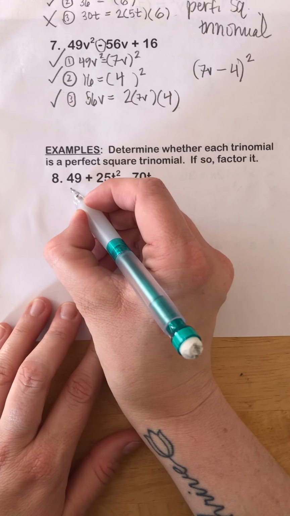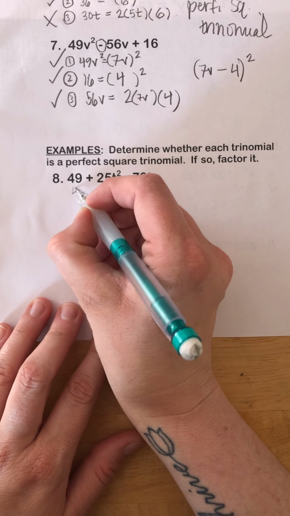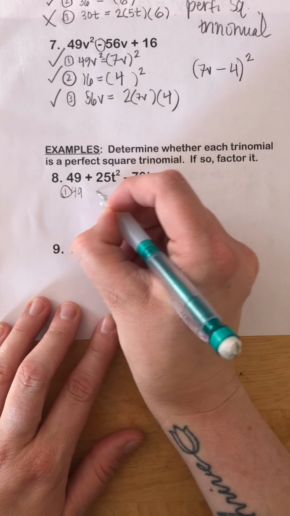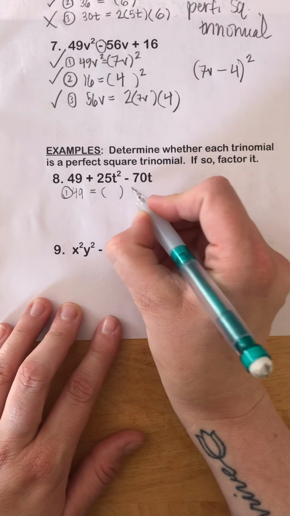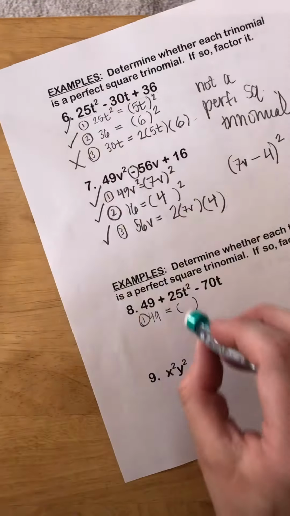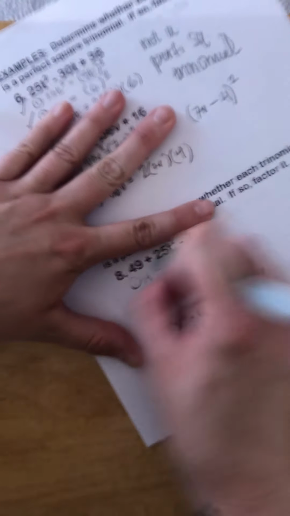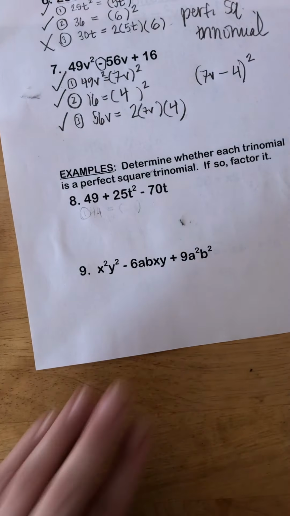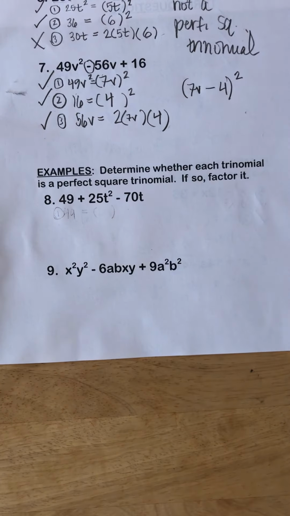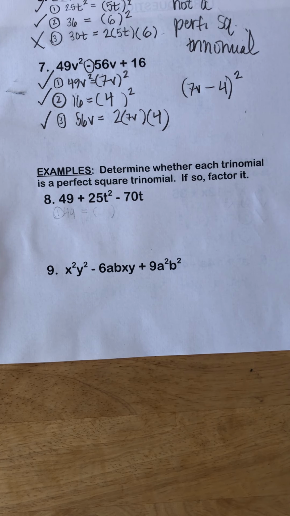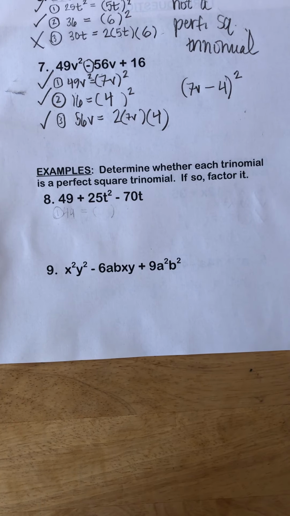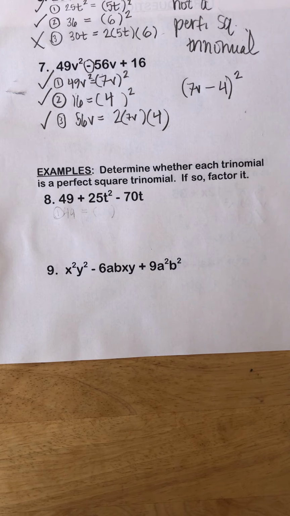Okay, so first term is 49 a perfect square. Ooh, look at number 8. Let me erase what I have. Look at number 8. What do you notice about number 8? Well, what I noticed after I started writing it is that it is not written in standard form right now, is it? It's not written